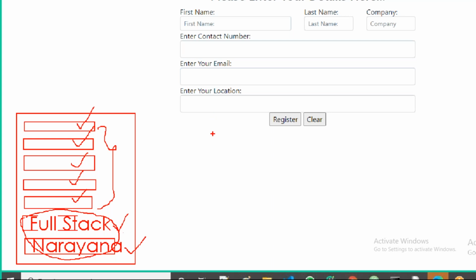Then suppose here you are 80 members, right? 80 plus members are there. Then I should take 80 names, 80 last names, 80 times I should enter the mobile number, 80 times the email ID, 80 times your locations. Here we should enter compulsorily because all are having different values. But here I should enter the same value. How many times? 80 times, guys. Full stack value 80 times. The same value for trainer name, I should enter the same name 80 times.